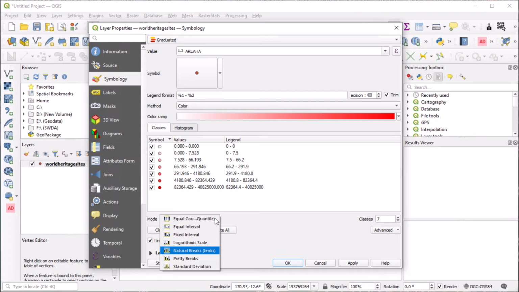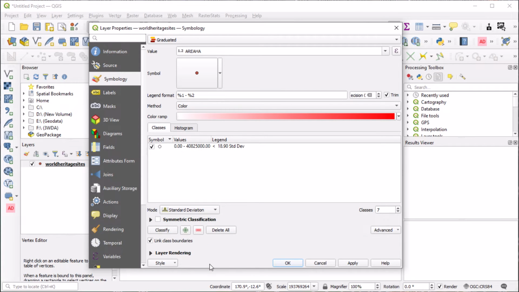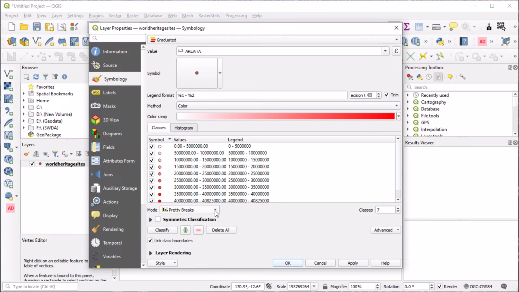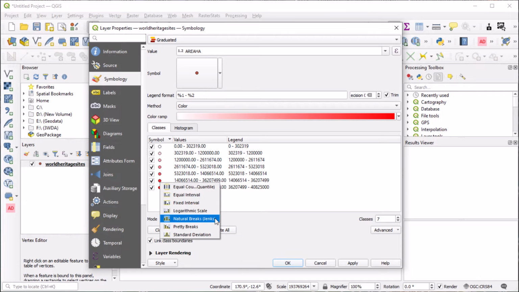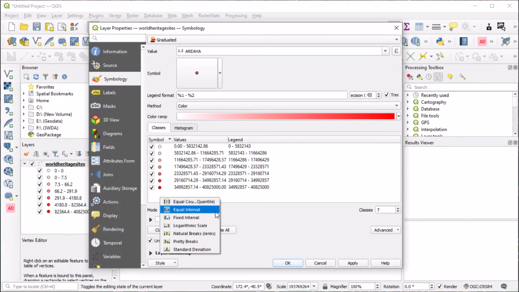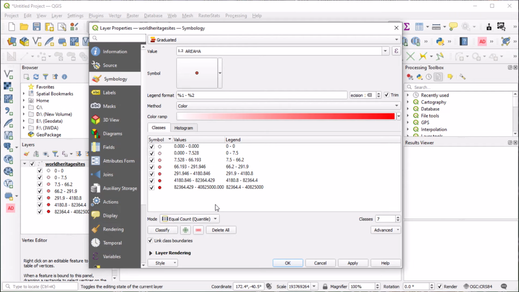The method you choose will have a major impact on the interpretability of a map. Try all of them to see which one best captures the distribution of the data. They will help you explore your data and find trends and outliers. And don't be afraid to edit the classes directly. This can also lead to interesting and informative results.